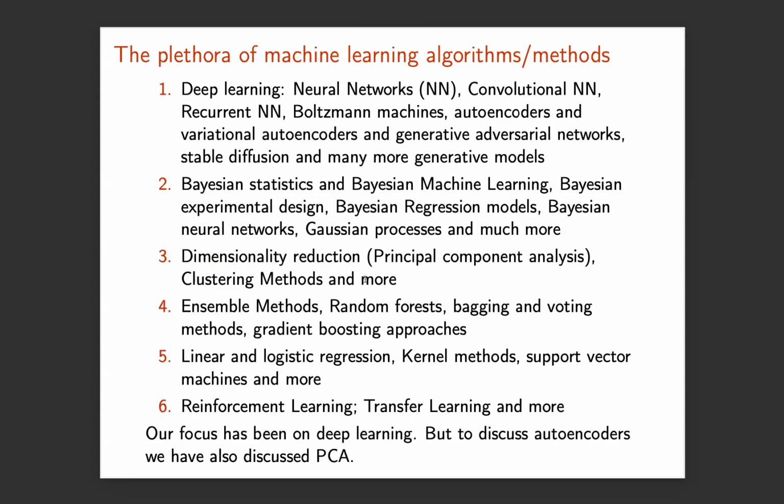And if you look at the whole plethora of machine learning algorithms, what we have focused on is essentially point number one. And this is where we've been living this semester. You also have methods like principal component analysis, which we used in order to motivate the topic like autoencoders here. And you can show that an autoencoder, if you have a linear transformation, is nothing but what you would have if you were to perform a principal component analysis, which essentially is you diagonalizing the correlation matrix. These other methods are covered in other courses, and we haven't dealt with them.